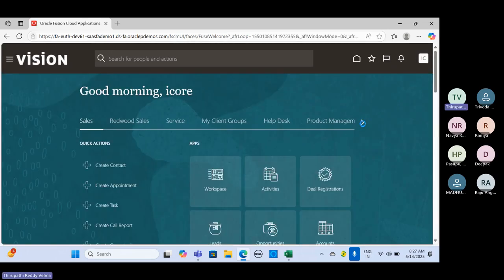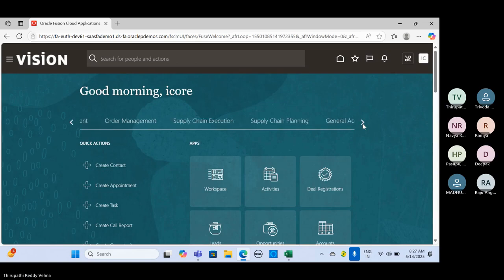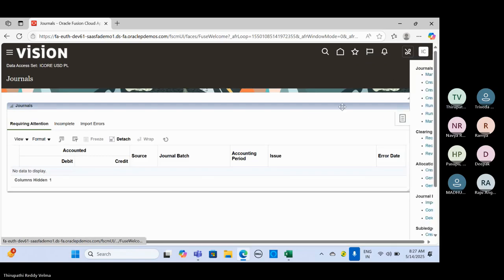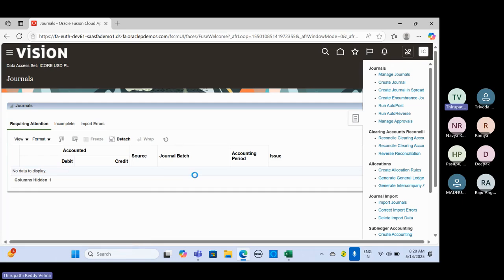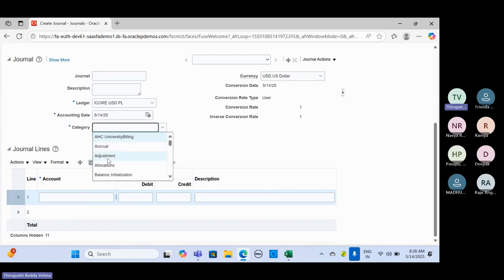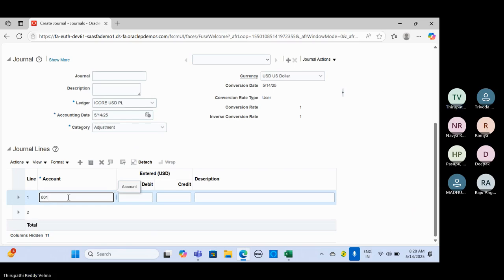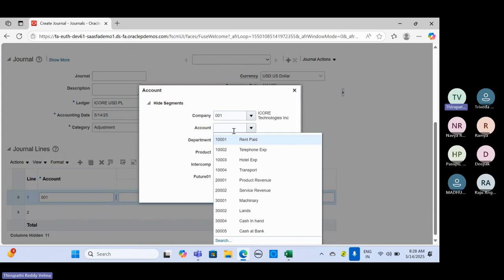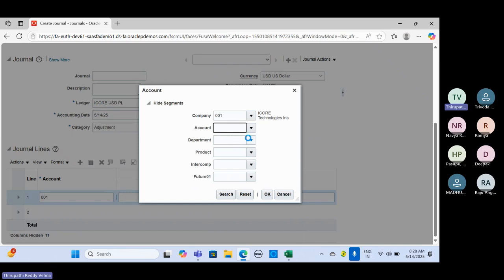Let me try to create a journal. What is the impact? So I'm trying to create a journal. Just select your adjustment, then try to select your combination. So we haven't defined any security, any related party relationship among the company and the account. You can see all the expenses. So let me select one,